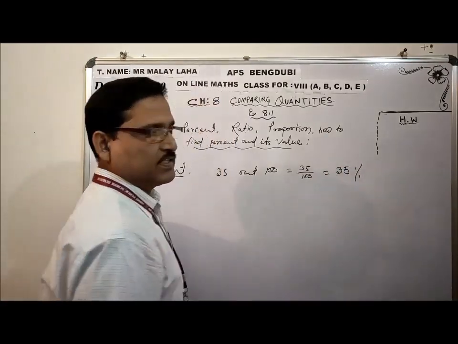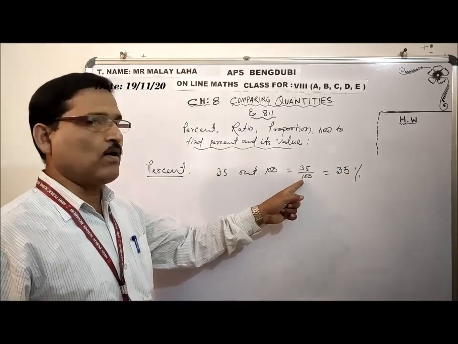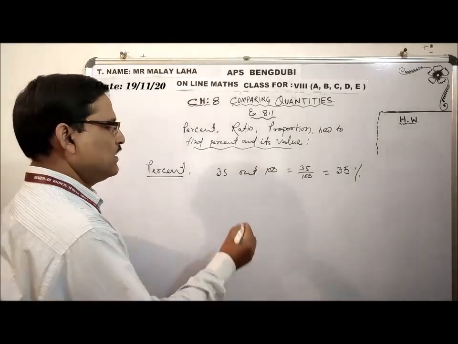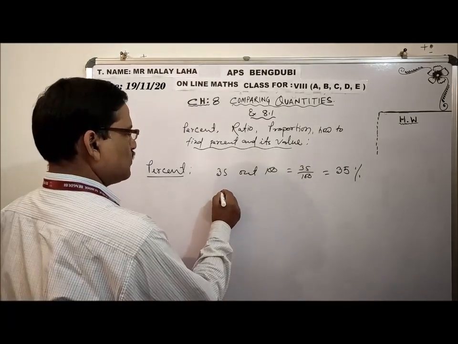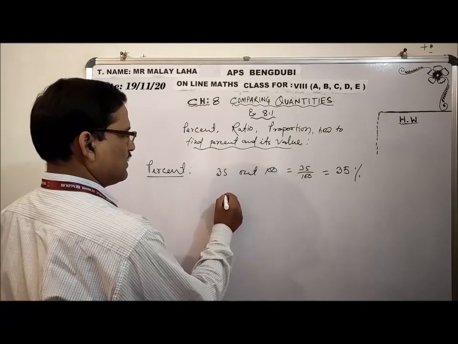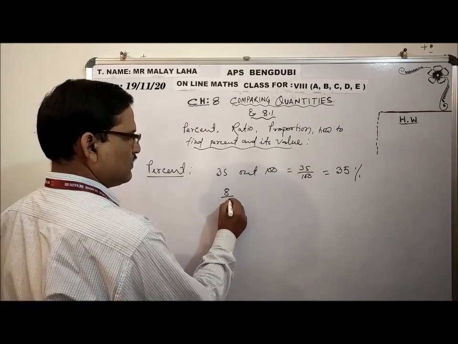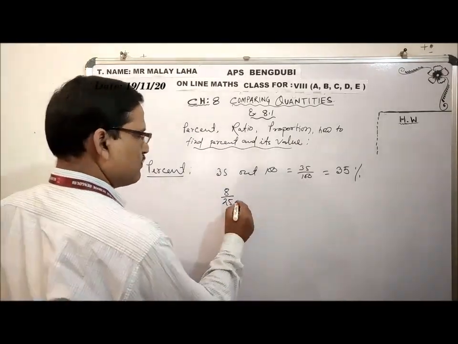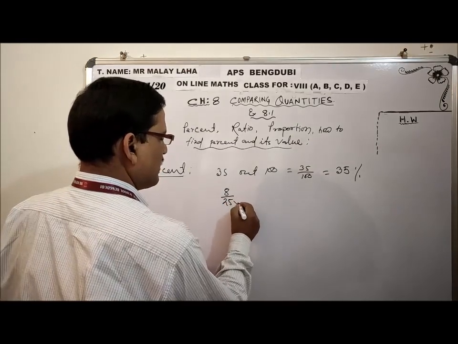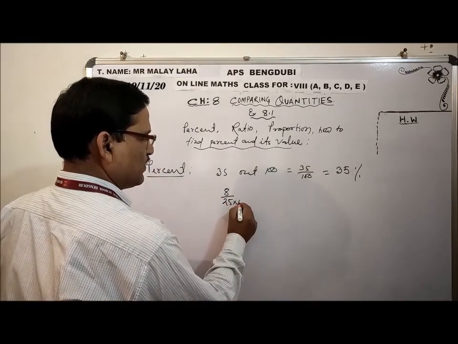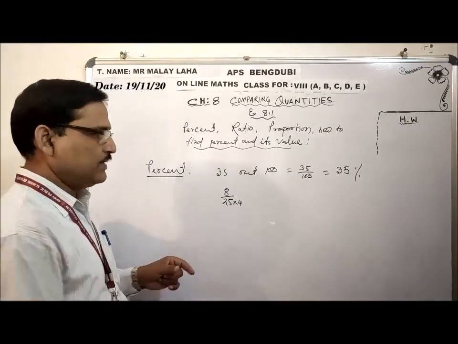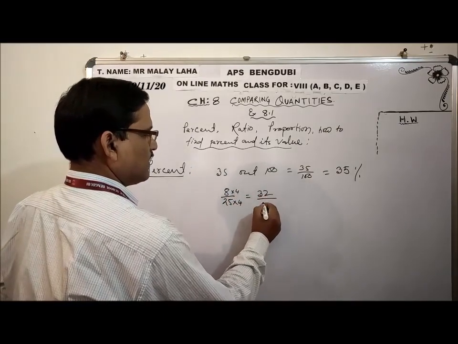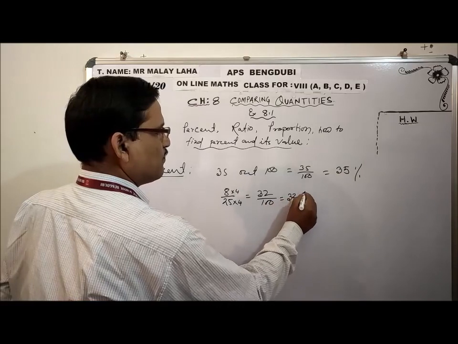When 100 is the denominator and the numerator is there, that is equal to this percent. This is the symbol of percent. That means we are comparing 35 out of 100. But when it is not 100, we have to make it 100. Say you have got 8 marks out of 25. Now, how can we write this as a percent? What to do actually? We have to multiply the numerator and denominator by 4. It will be 100. Then 32 by 100, that equals 32%.